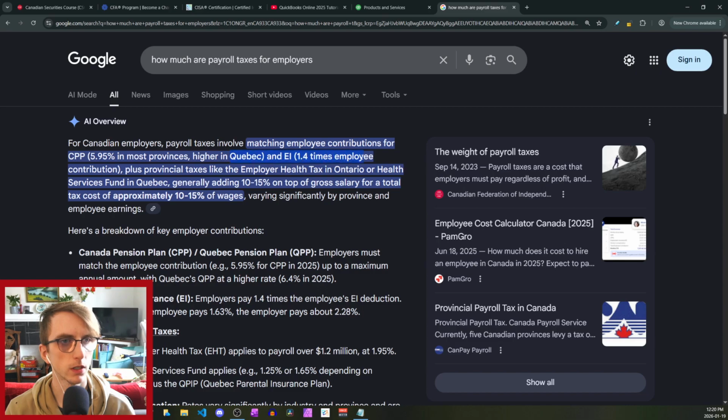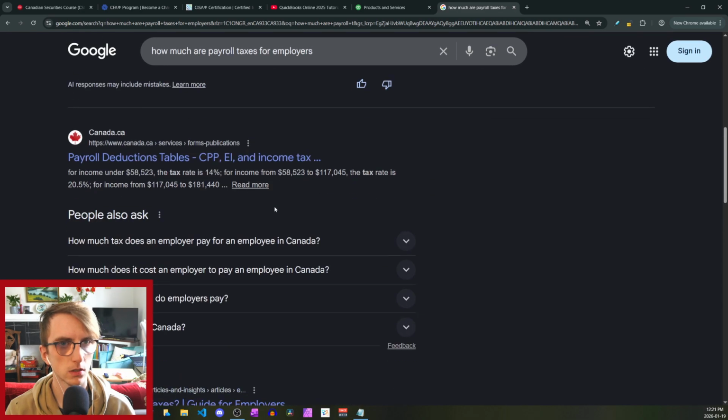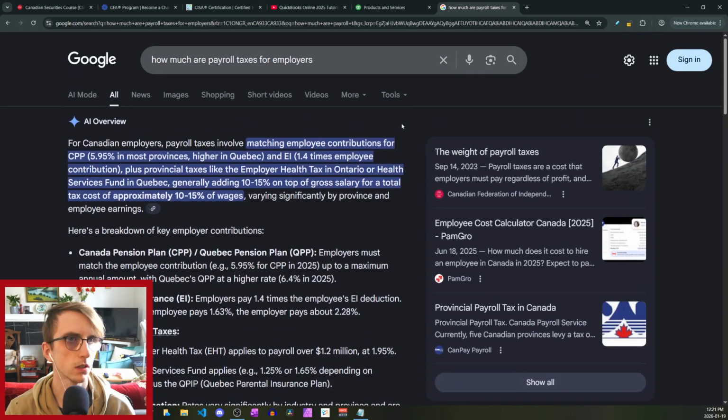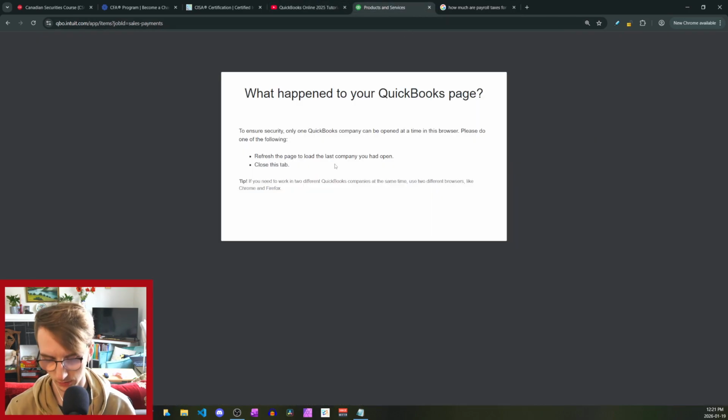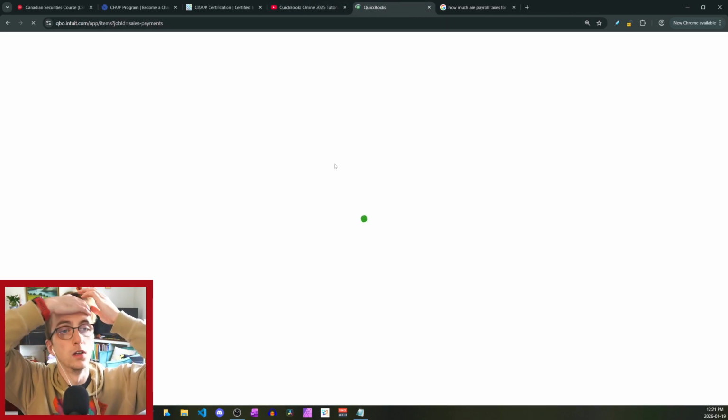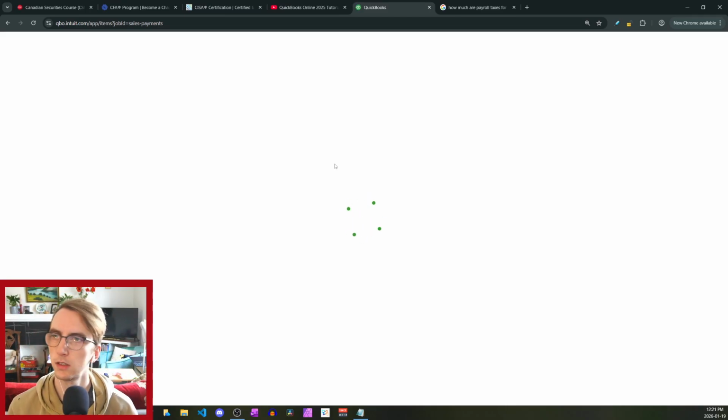CPP 5.95. Add 10 to 15% on top of salary. 10 to 15% of wages. Varies significantly. Okay, so let's just say, for the sake of argument,